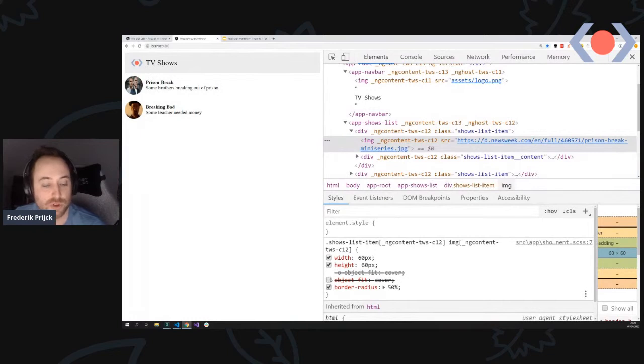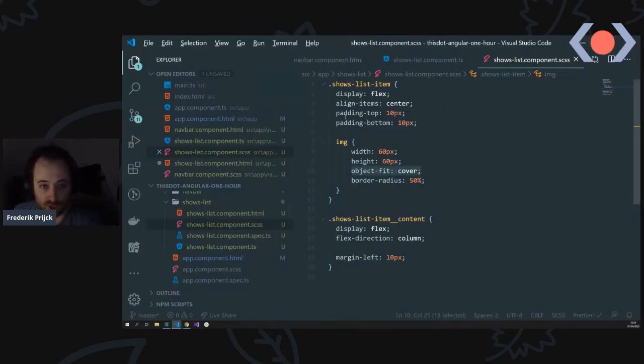You will see that if we don't use object-fit cover, it's going to scale the image. But instead, we use object-fit cover, and it's going to use cover, which is something that's been used a lot in CSS for backgrounds. But we also have that on our images using object-fit. Cool. So we have this now,